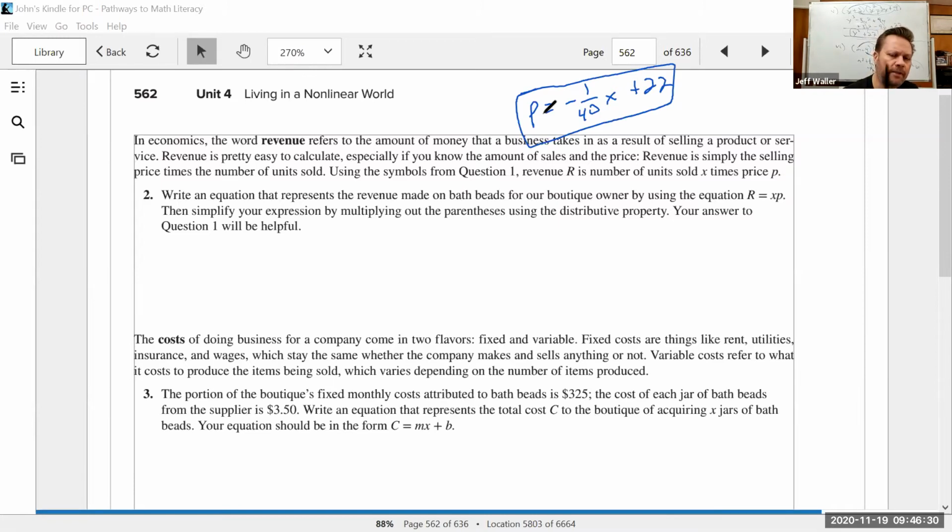There has to be a place where she could set the price and end up making her profit highest, or at least the revenue highest. So the next thing we'll talk about is the revenue. How much do you figure if she sets her price at a certain amount, so let's say she sets the price at $15, and then she sells 10 items. How much money did she make? She sets the price at $15 per jar, and she sells 10 jars. 150. So of course